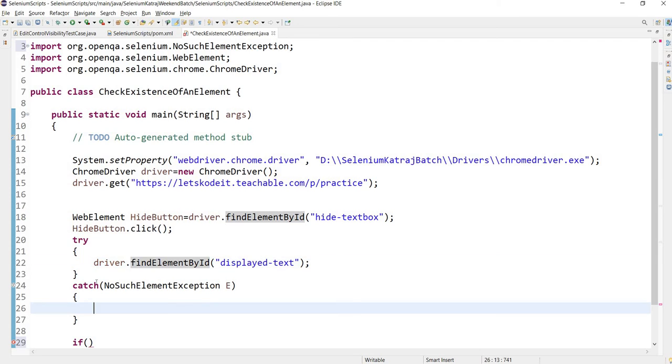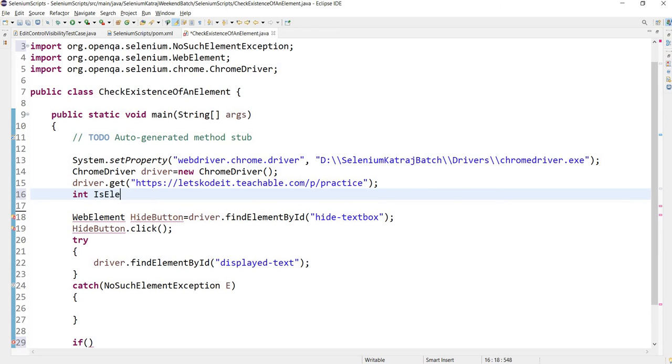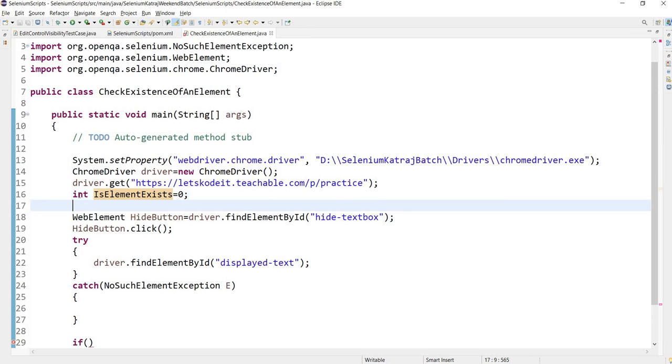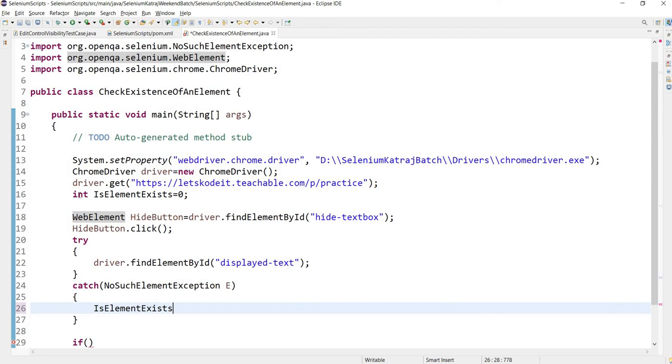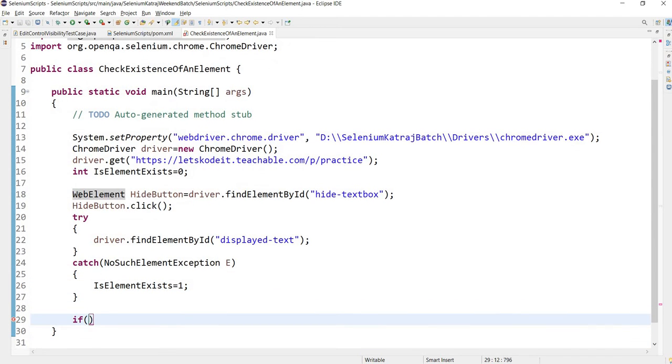So we want our code to go inside this catch. To check whether it indeed went or not, we will define a variable, int elementExists, with an initial value of 0, say, and I will just make it 1 in this catch block. And here I will check what the value of my variable is when my code flow comes here.